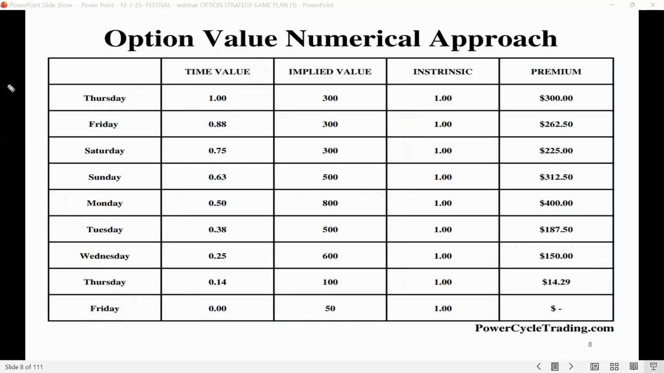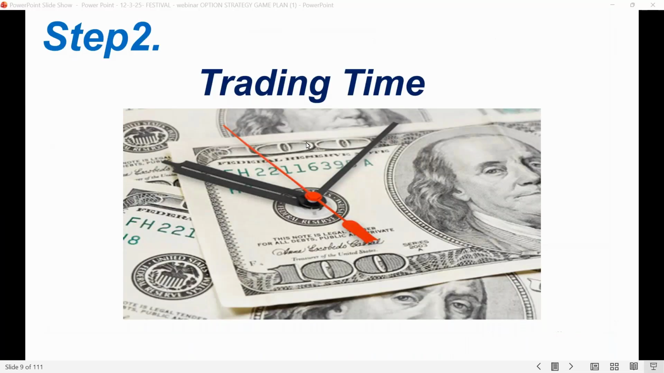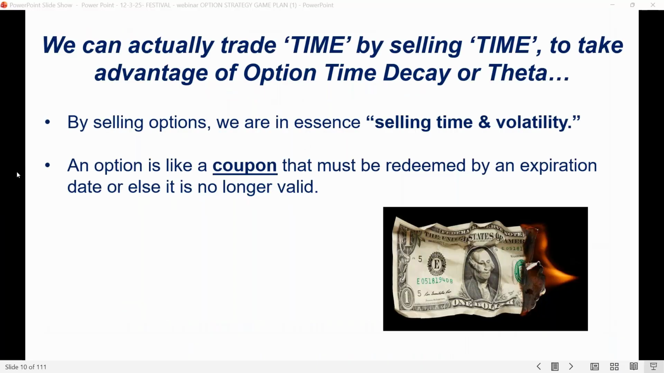So these are things that are really important to understand: the components, how price works. Then you're going to be able to know better which option strategies to use. Now, the second step is to understand trading time. With options, we can actually trade time by selling time to take advantage of the option time decay, or theta. So by selling an option, we are in essence selling time and